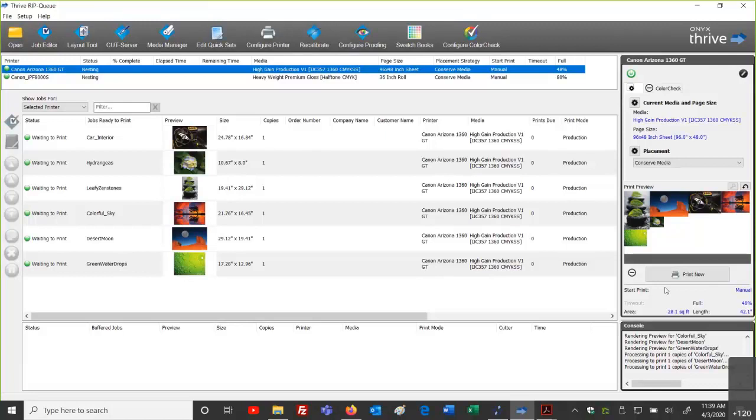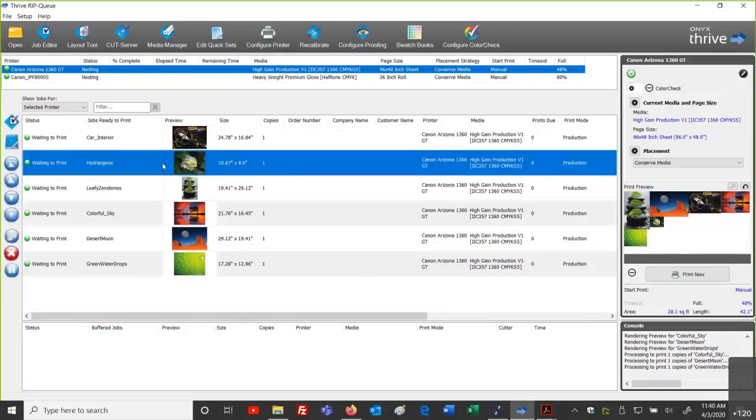We plan where the files are going to print on the board. If, let's say, there was a fingerprint on the material and we had one of our prints in that area and we had to reprint that, there would be a standard operating procedure identified. For the operator, if you printed that and there was a fingerprint and now back in the RIP you have to reprint hydrangeas again, for example, this image, what do you do?